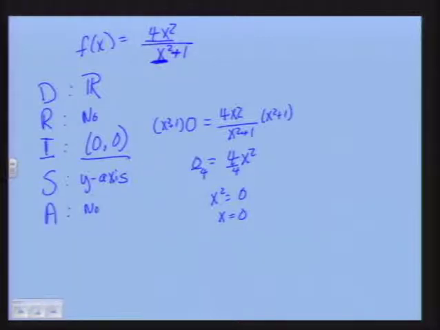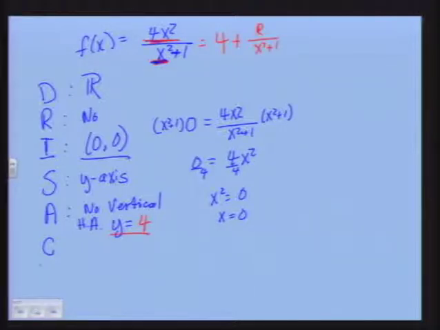Asymptotes: no vertical asymptotes, because we're not skipping any numbers, we're using all numbers. Does it cross? We hadn't done horizontal, have we? Of course it's not going to cross one we don't have, so we better find it. Horizontal asymptote: when I divide lead term into lead term, I get a constant, which is 4. That means y equals 4 is my horizontal asymptote, because this is going to equal 4 plus some remainder divided